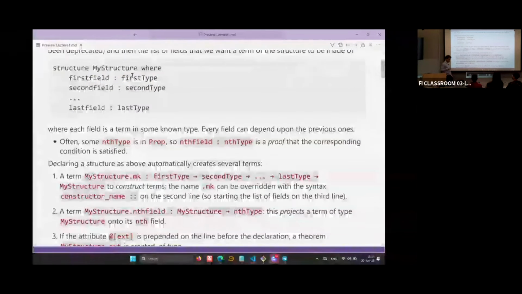So the way you can use structure to impose, for instance, associativity on a certain operation is that you give yourself the operation and then you say, I want among my several fields to have a proof that this operation is associative. Associative will be a prop, and so giving yourself this proof of the associativity will be a way to guarantee or to impose on your structure that this operation is associative.